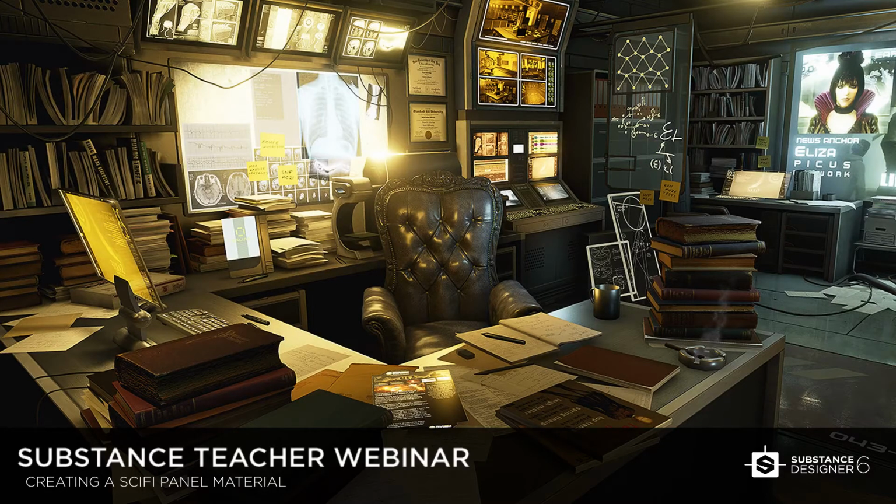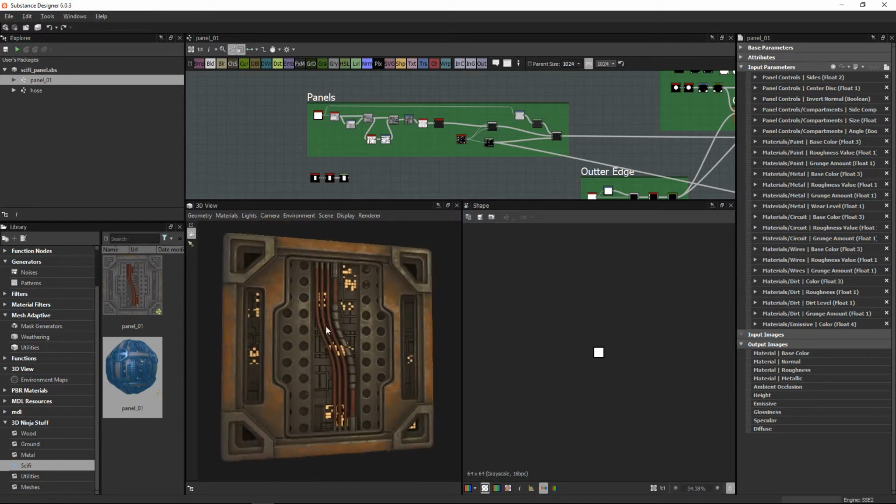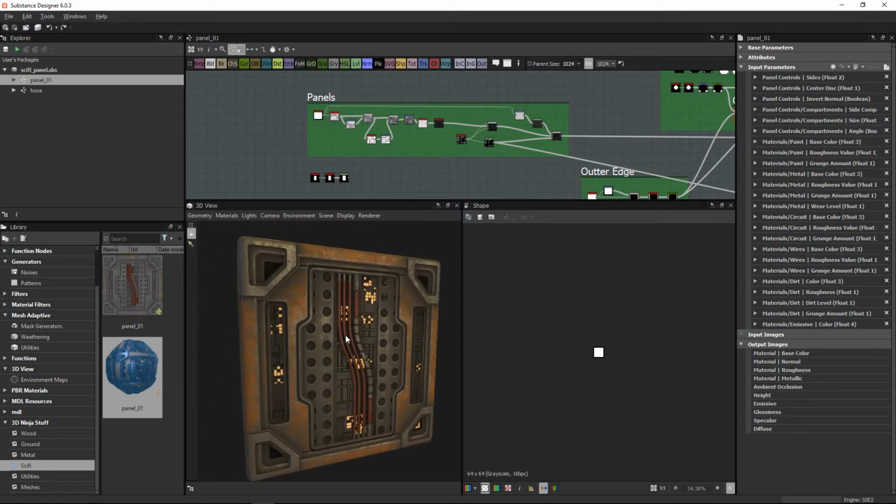So here, let me switch my screen. Here we are, we're now looking at Substance Designer, and this is going to be the material walkthrough that we're going to do. This is just a sci-fi panel that I created to demonstrate some